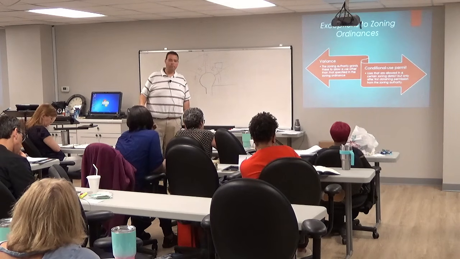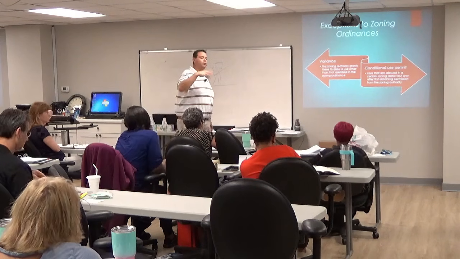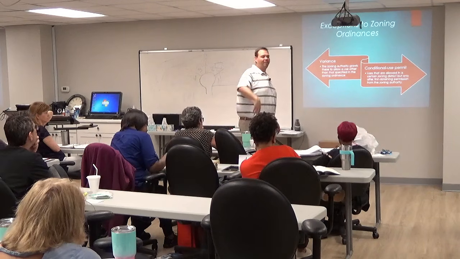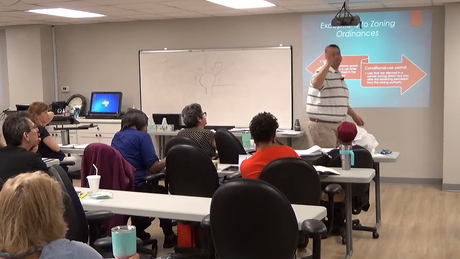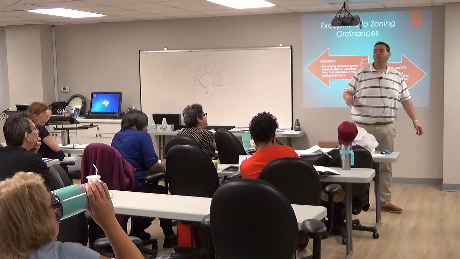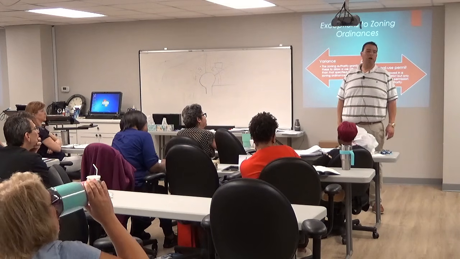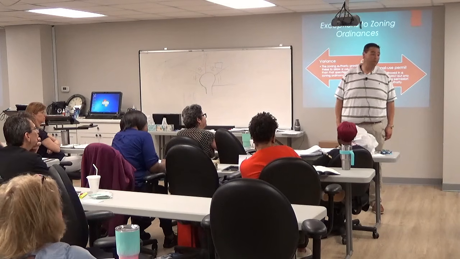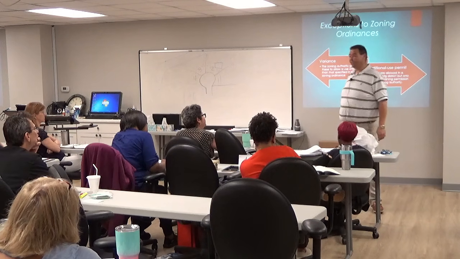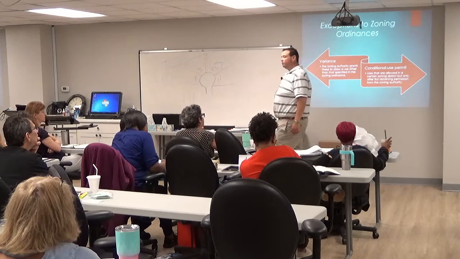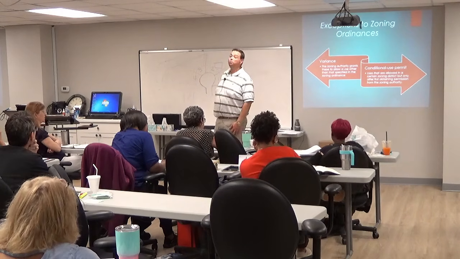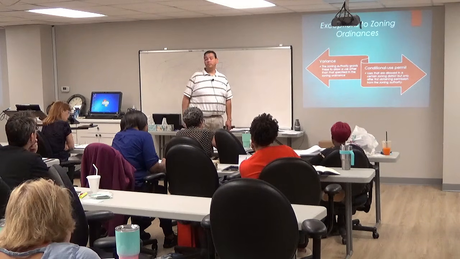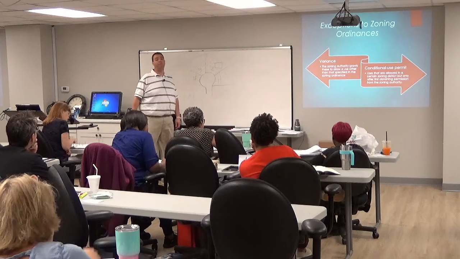Now on a test, they're going to try to talk you into it like it's some benevolent thing. Travis is applying for a variance because the new zoning ordinances make his property worth less money. Is that true? He might apply for one, but is he going to get it? No, he's not. What does Travis have to show? A specific, unique hardship, that he's the only one negatively impacted.